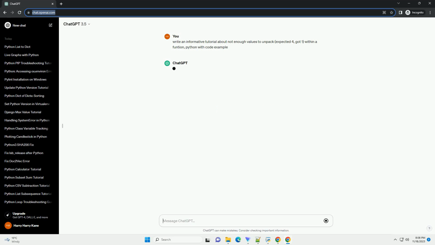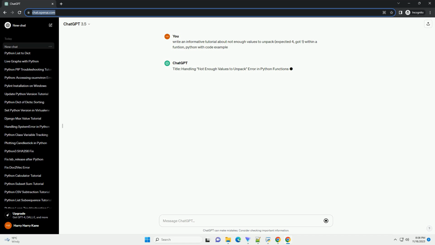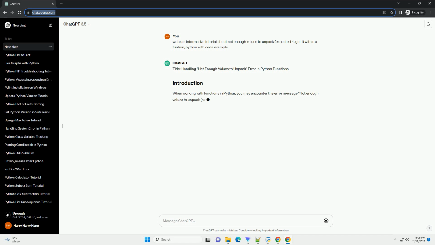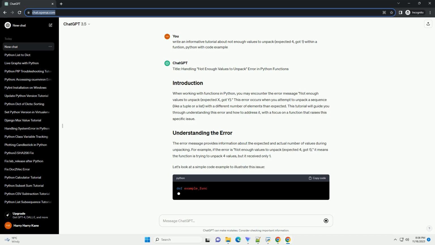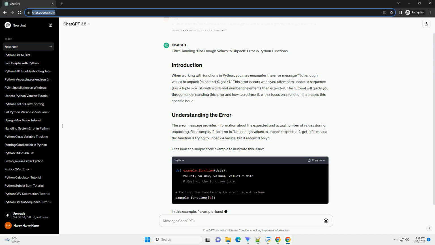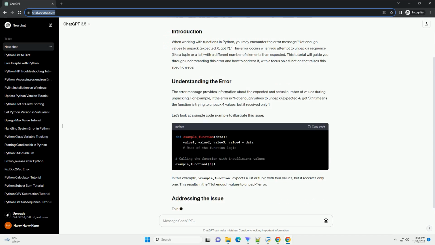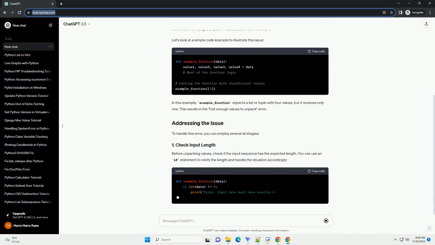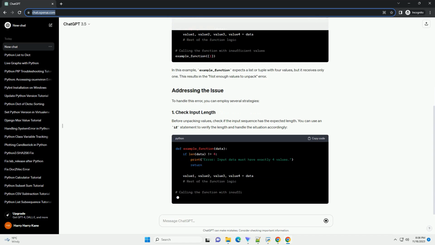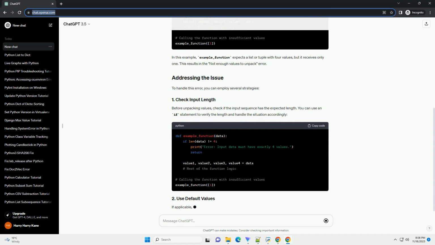Title: Handling not enough values to unpack error in Python functions. Introduction. When working with Python functions, you may encounter the not enough values to unpack error, particularly when unpacking values from tuples or lists. This error occurs when you attempt to unpack more values than the iterable contains. In this tutorial, we'll explore the causes of this error and demonstrate how to handle it effectively with a clear